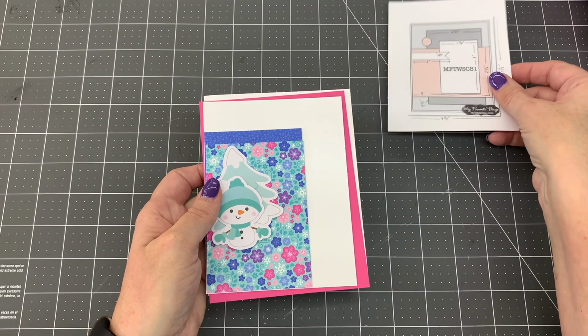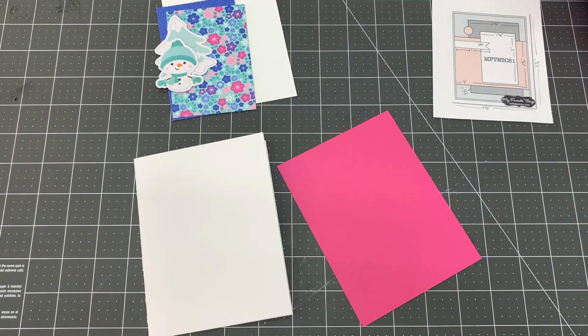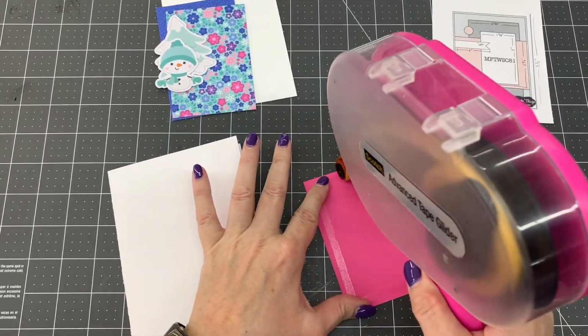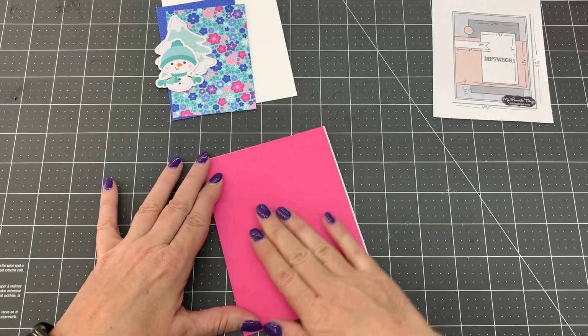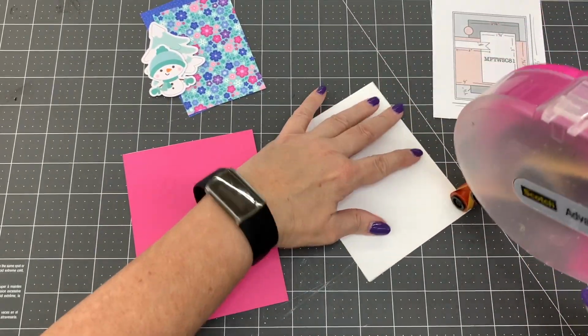For my fourth card design, I used card sketch number 81 by My Favorite Things. I cut a piece of pink cardstock to 5.5 by 4.25 inches and adhered it to the card base. I cut a piece of white cardstock to 5.25 by 4 inches and adhered it to the card. I cut a piece of blue snowflake pattern paper to 2.75 by 4.25 inches and adhered it to the right